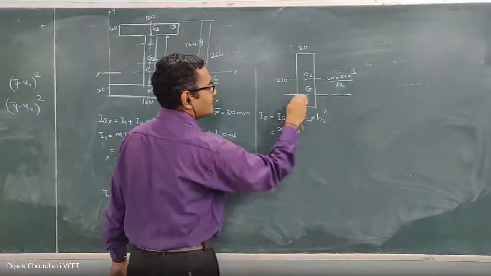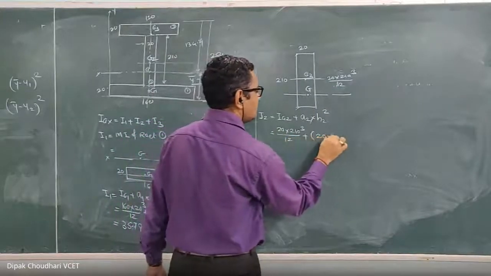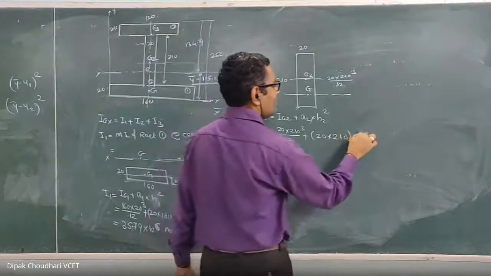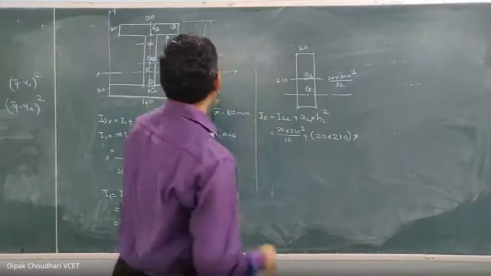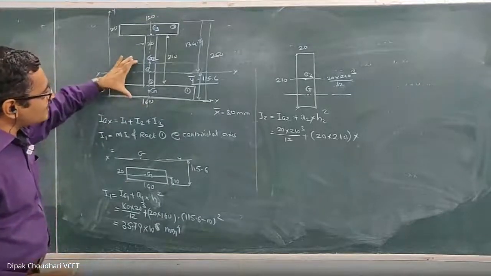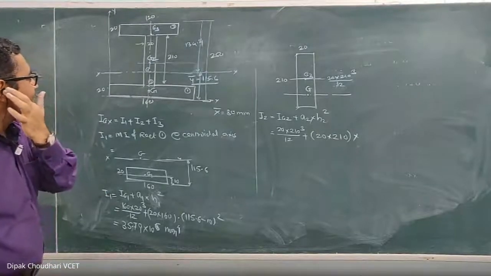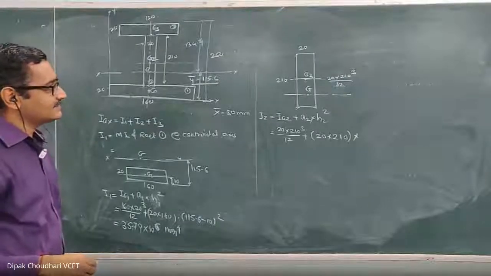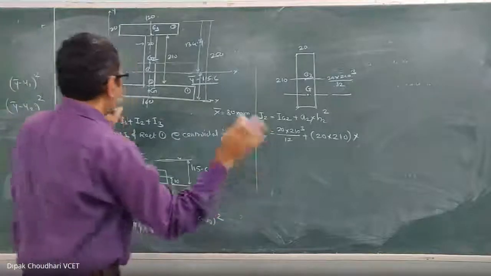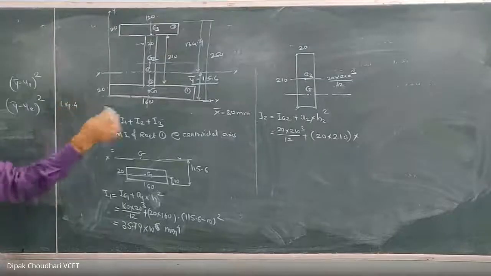So it is equal to, what is the moment of inertia of this rectangle about its own centroidal axis? It is b d cube, the cube of that side which is perpendicular to the reference axis, upon 12, plus area 20 into 210 into square of the distance. How much is this distance? Now you can easily find that distance from this figure. This G2, from the bottom, the distance of this G2 is 20 plus 105, which is the y2. Sir, it's 114.4. You mean distance? Yes, sir. Distance. Okay, let me explain how much you said. 114.4. Okay, let me check.